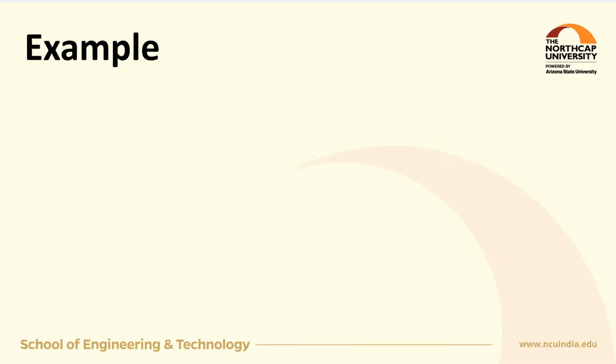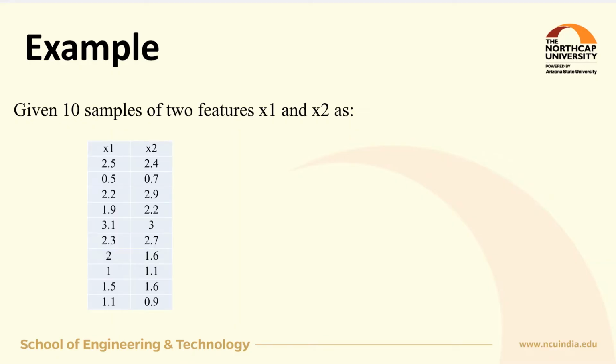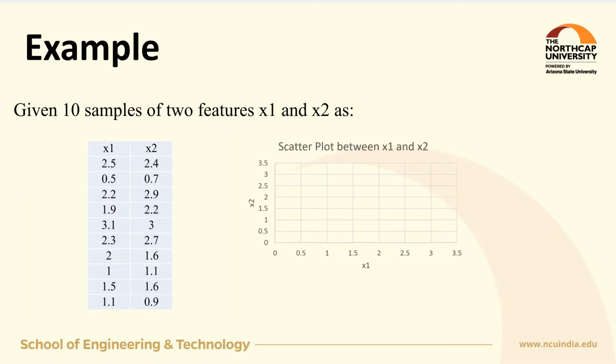Let's take an example to calculate the covariance between two features x1 and x2 for 10 samples as is given in this table. Before we calculate the covariance of x1 and x2, let us draw these two features over the two-dimensional plane. The first point for x1 2.5 and x2 2.4, I got this point. Similarly, keep on drawing the second, third, fourth, fifth, sixth, 7, 8, 9 and 10 samples, and if I see